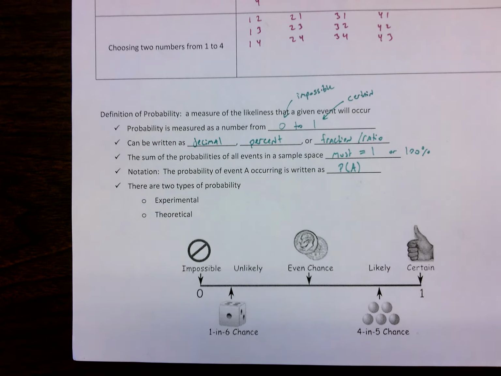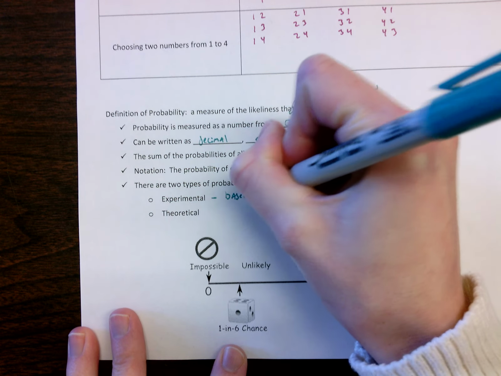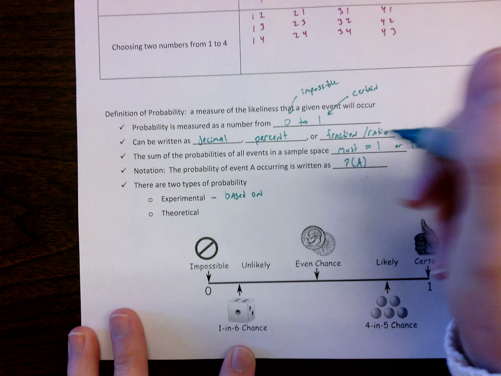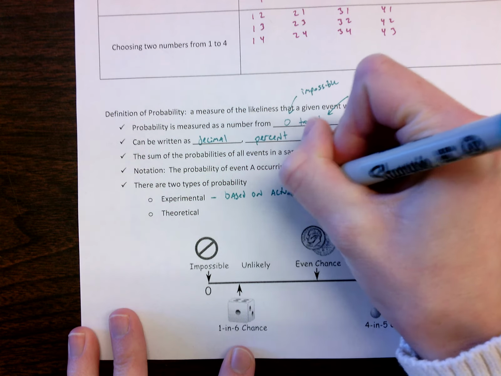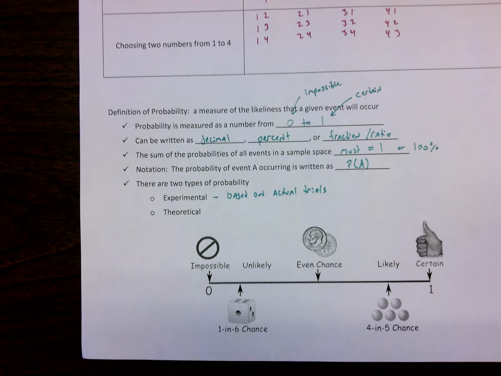All right, there are two basic types of probability: experimental probability and theoretical probability. The difference between these two is that experimental probability is based on actual trials that you've done. So experimental probability would be really anything that has to do with seeing how people react